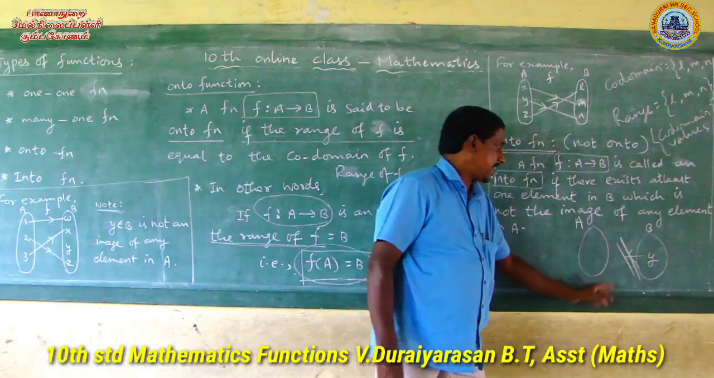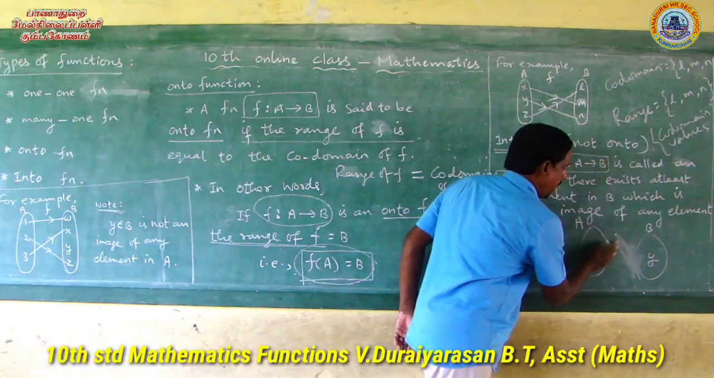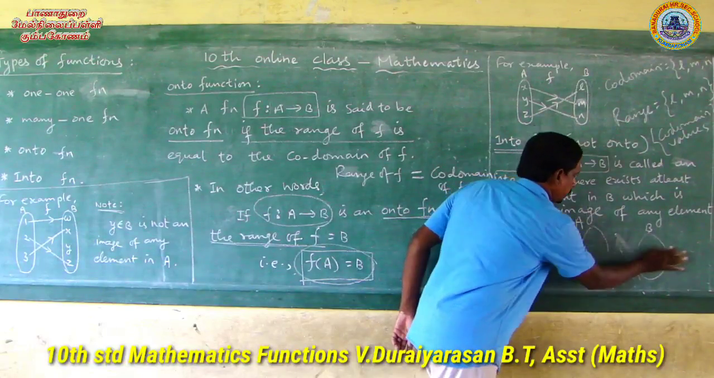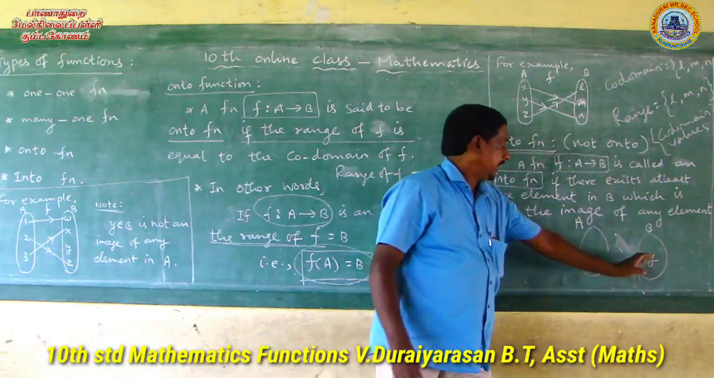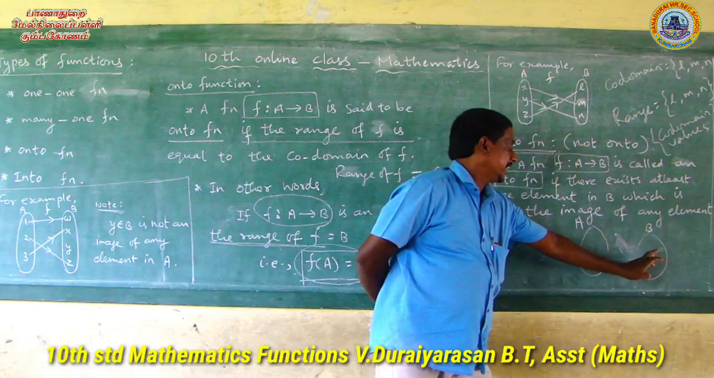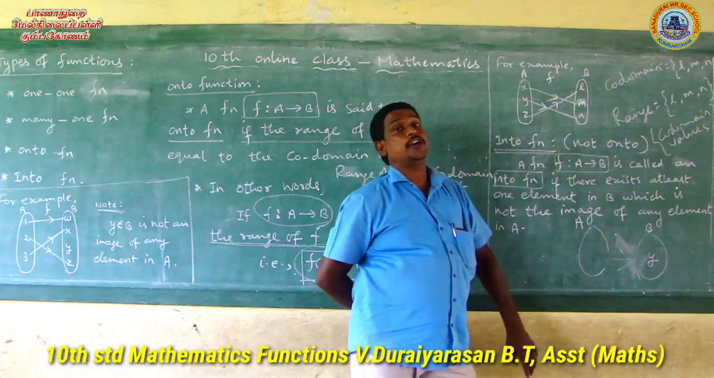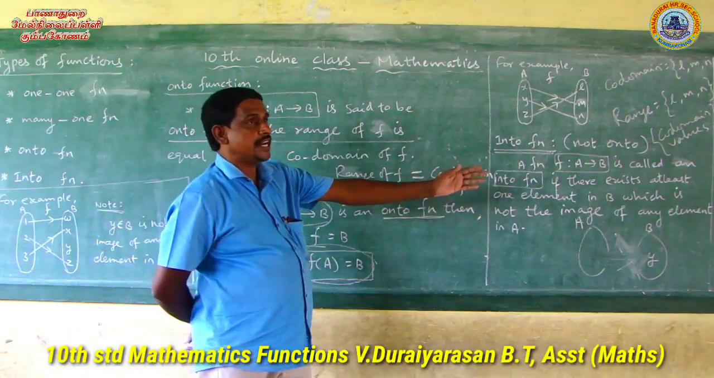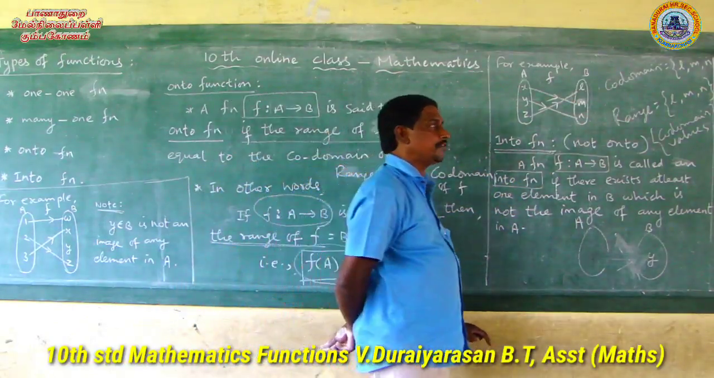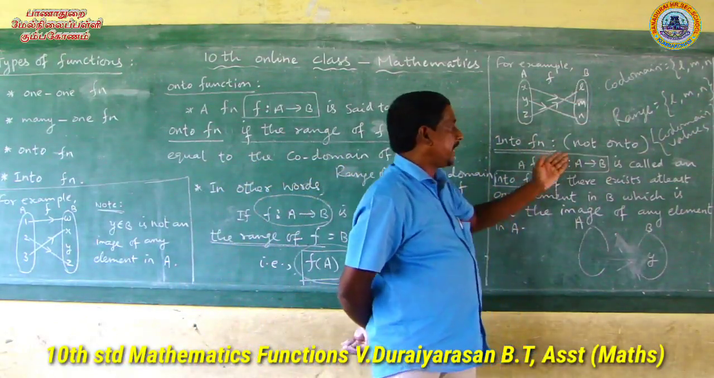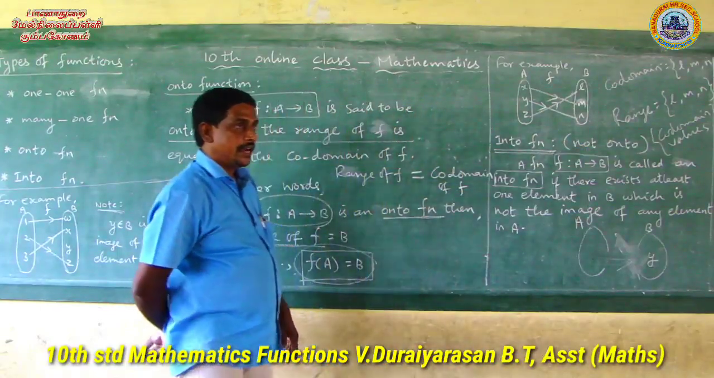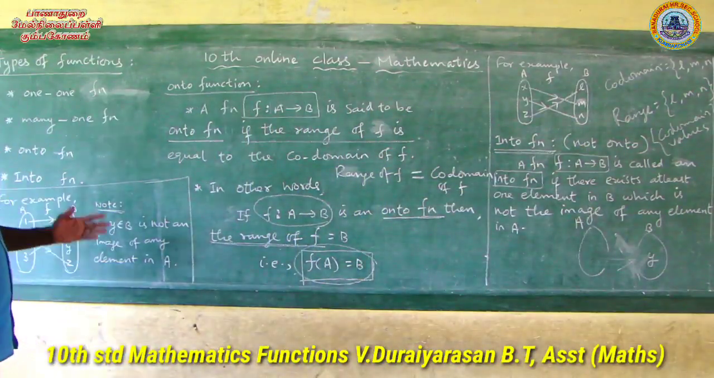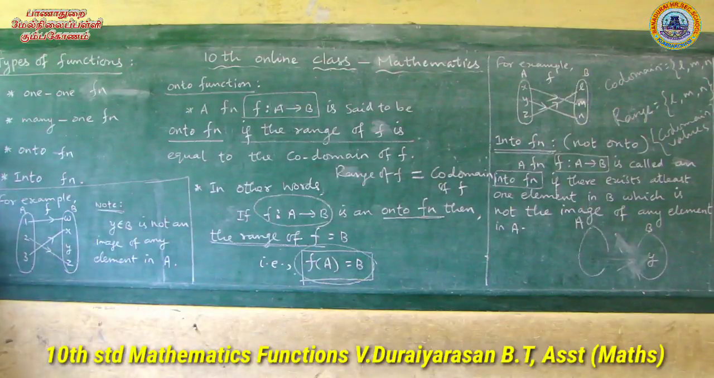No arrow diagram. Only element Y is not connected with the domain A. This type of function is called an into function. An into function is also known as a not onto function. What is an example? For example, this